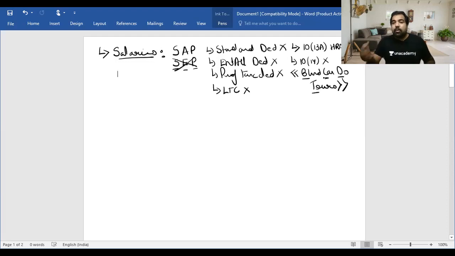Guys, remember, conveyance from your house to office and back is not allowed for you. For blind people it's allowed. For blind, deaf, dumb, even from house to office and back is allowed. For you it's not allowed. For blind people they get 3,200 per month flat. For us, conveyance allowance, daily allowance, and tour allowance, depending on how much you spend, you get a deduction. So only these four deductions, guys. We had studied so many deductions in salaries, and none of these are there except these four. Blind can do tours, because they still get the deduction.